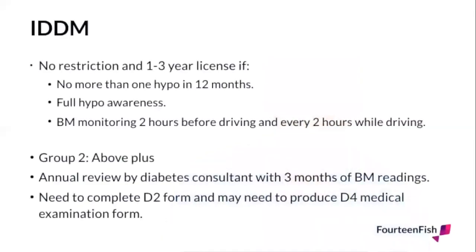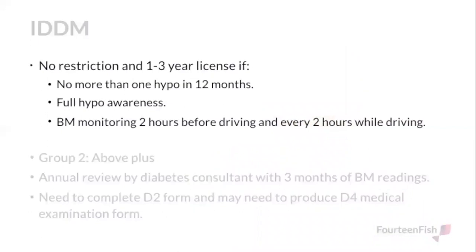Patients who control their diabetes with insulin have far more restrictions placed upon them. For Group 1 license holders, there is no restriction, and they're issued with a 1 to 3 year license if they have no more than 1 hypo in 12 months, they also demonstrate full hypoglycemic awareness, and they also monitor their blood sugar 2 hours before setting off on a journey. And if their journey